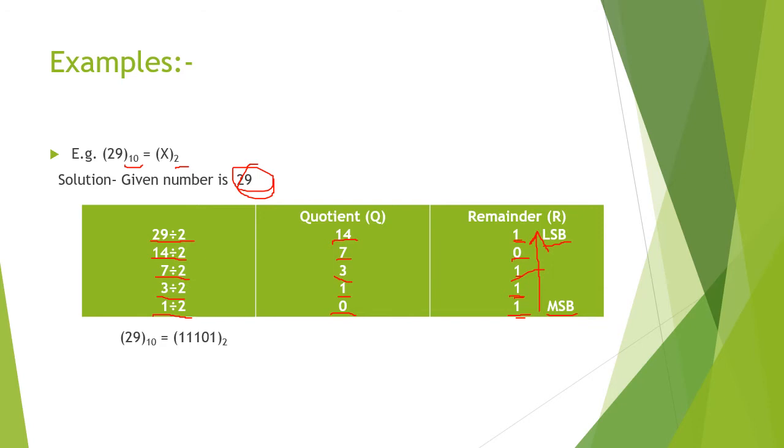So this is how we can convert a given decimal number into its corresponding binary number, and the simple procedure we have to follow is to divide the number by 2 and write down the quotient and remainder until our quotient becomes 0, and take the remainders from the lower direction to the upwards direction. That is, in the reverse direction. We have to take the remainders in the reverse direction, so we will get the binary number like this.